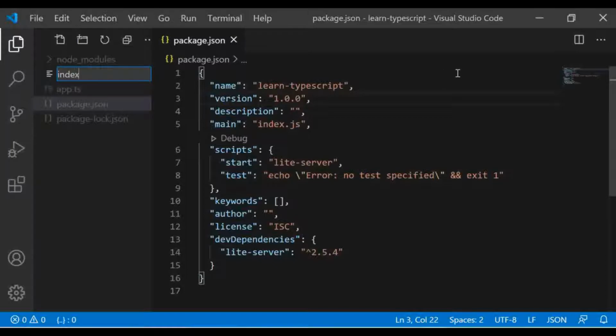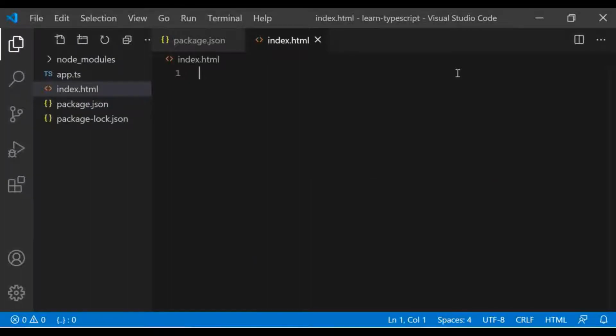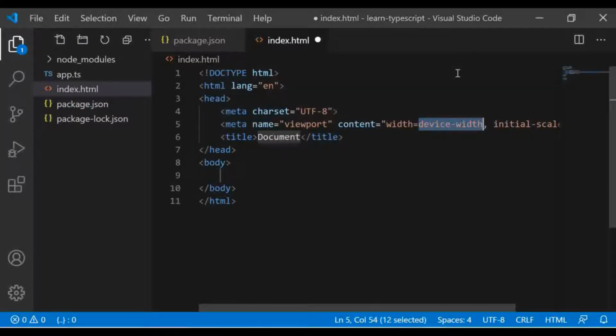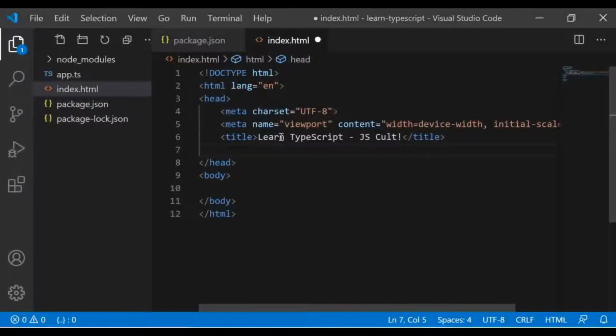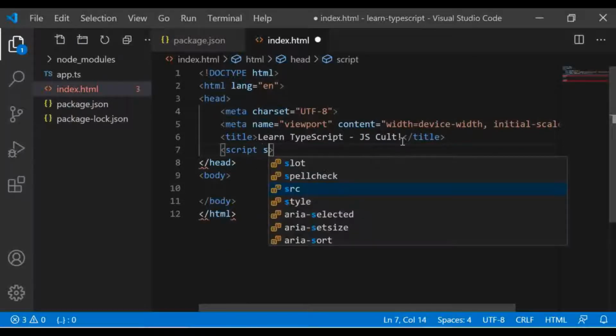Basic intention is to import the scripts here. Let me add the app.js file as a script here.